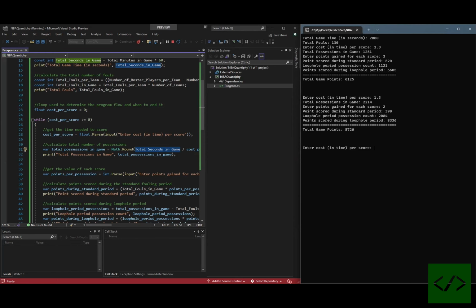So for just tip-ins, the cost would be 0.1 second. So you have 10 possessions per second that you get, right? And so you have about 28,799 possessions. Remember that the possessions subtract one because we want the game to end. We don't want it to go into overtime. And the points gained per possession is also two. And so, final answer: